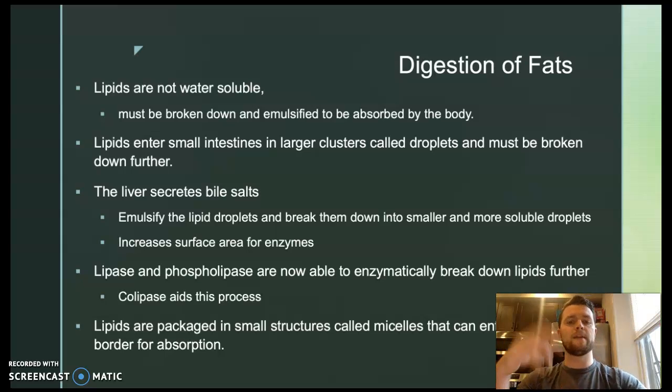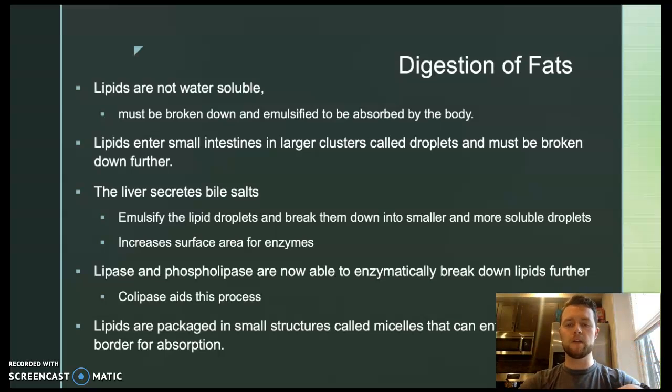So to combat these large droplets, the liver secretes bile salts that emulsify the lipid droplets and essentially get them into a solution and break them down into smaller and more soluble droplets that have a higher total surface area comparatively, and then these can be effectively reached by the enzymes that are present. Those enzymes are mostly lipase and phospholipase, which can now enzymatically break down the lipids, but they're